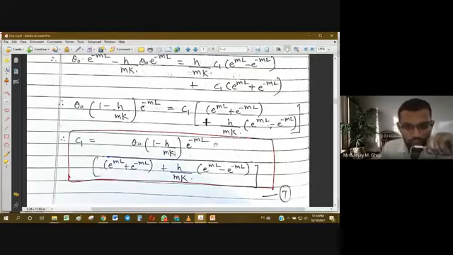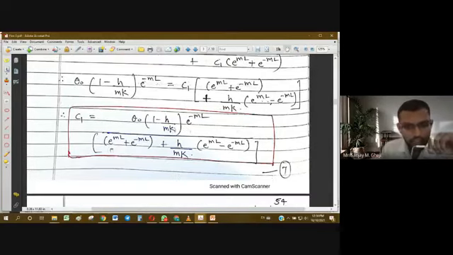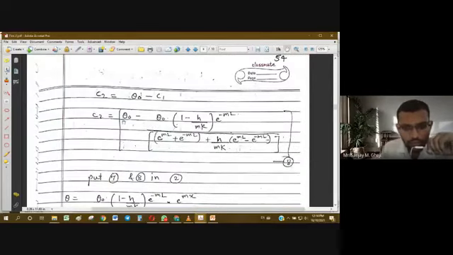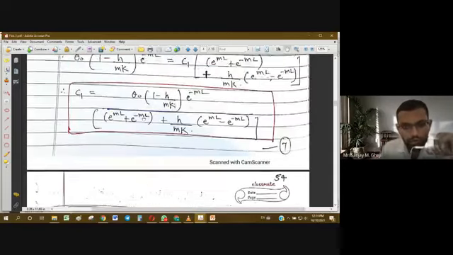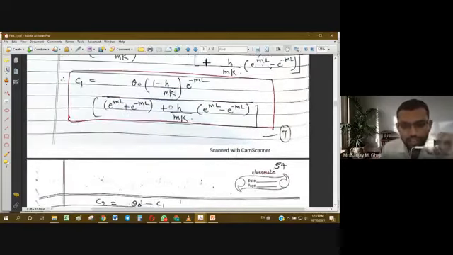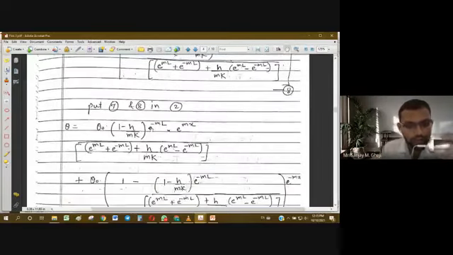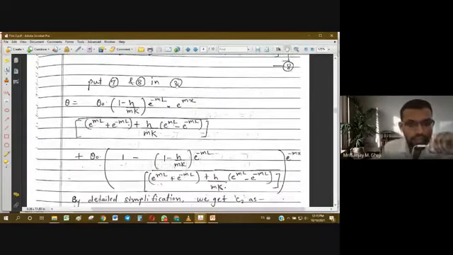So C1 we obtain in this form. After simplification and using some algebra, we get C1 equal to this form. Again, this form is also very large in size, as many parameters are involved. So C1 is this. In the same way, we obtain C2. C2 is this, using the earlier equations. So C1 and C2 are going to be very lengthy in nature and very big in size, when we put them in the general equation of temperature distribution theta.